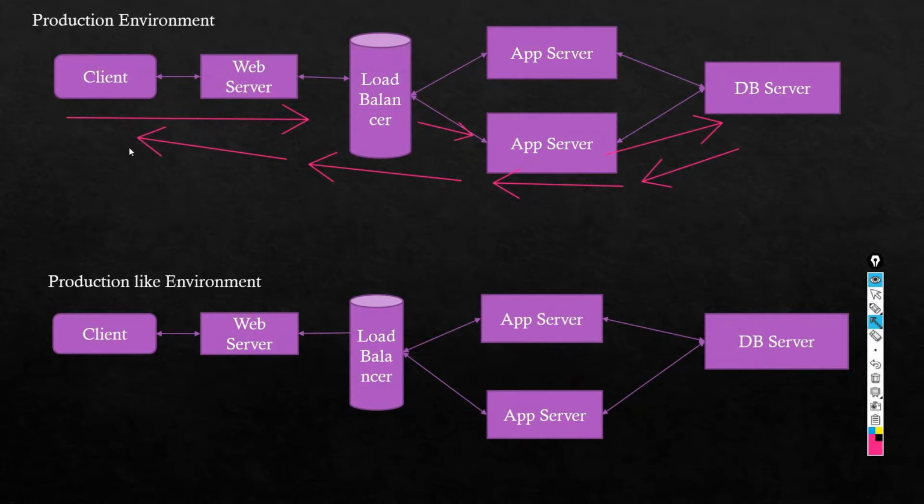So if you click on a button, or let's say that you entered username and password on the login page, you clicked on login button, you are able to see the home page, right? How? Because of the response that is sent by these database servers or app servers and web servers. Because of the response sent back by these components, you are able to see that home page after login. So it's bidirectional, so the response will definitely go back to the client.